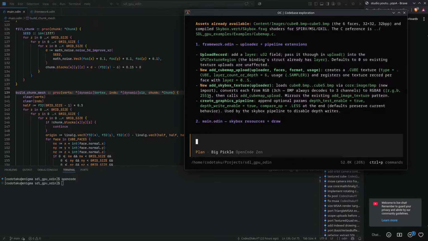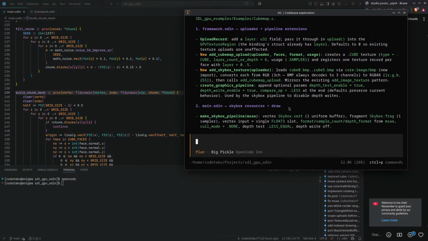Registers 1 texture record per face, okay. And new add skybox texture uploader, loads via core image BMP, new imports, converts each from RGB 3 channels. BMP always decodes to 3 channels. Wait a second, what? I see, then calls add cube map upload, mirrors the existing add image texture pattern. Append optional params. Gotcha. At the end, defaults preserve the current behavior, used by the skybox pipeline to disable depth